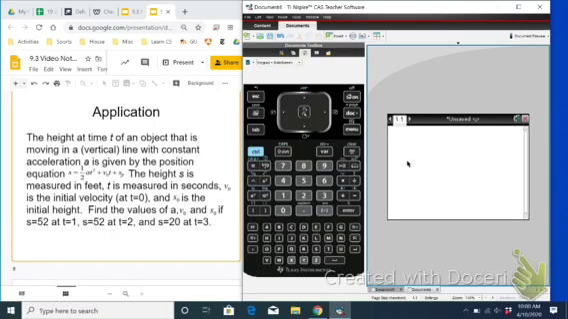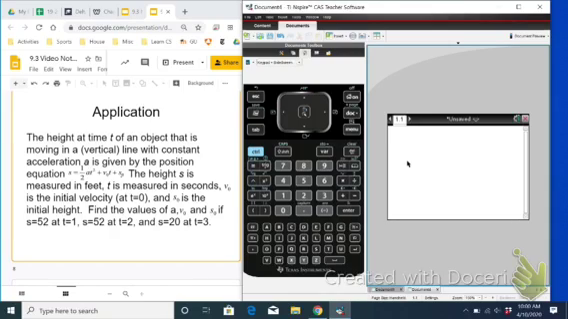All right, so a is the acceleration, t squared is time squared, plus v0 is the initial velocity times t, plus s0 is the initial height. So we don't know any of that stuff. S is the height, t is measured in seconds, v0 is initial velocity, s0 is initial height. So we have to figure out what those acceleration, initial velocity, and initial height are based off the 3 points